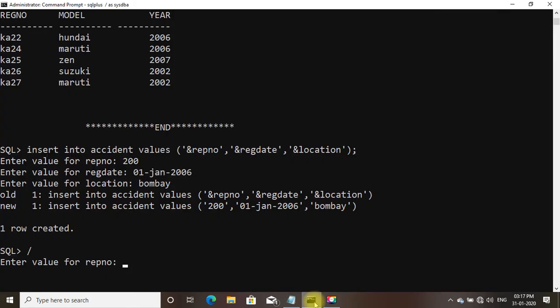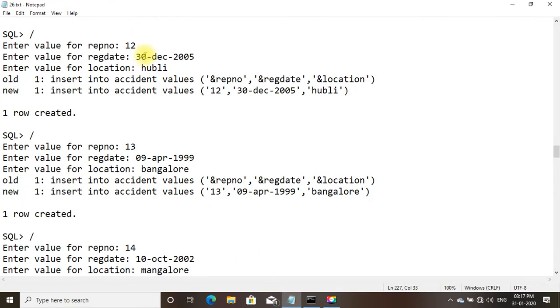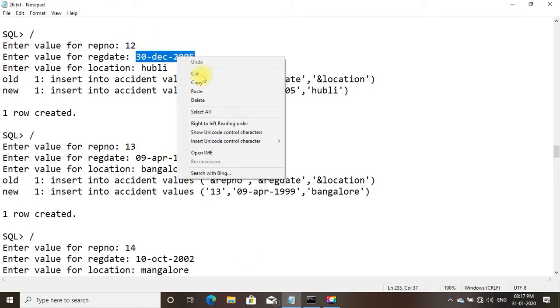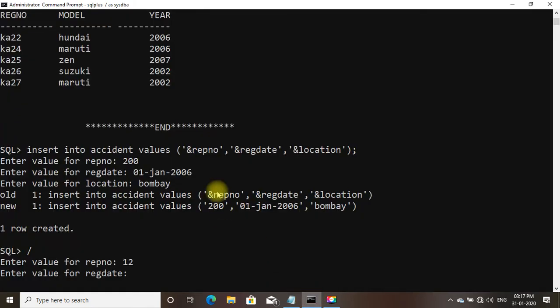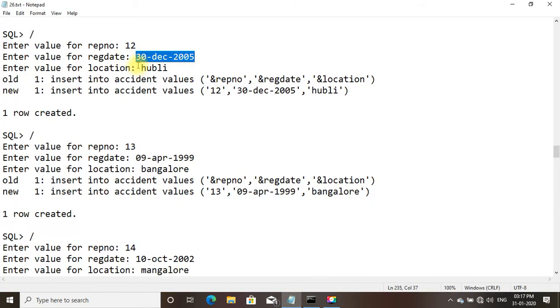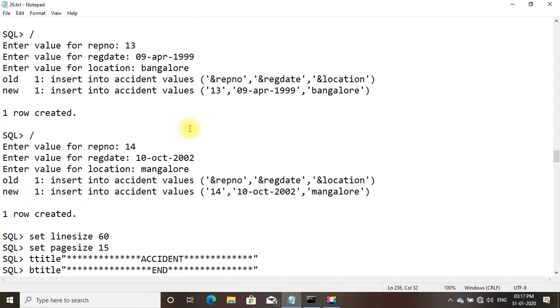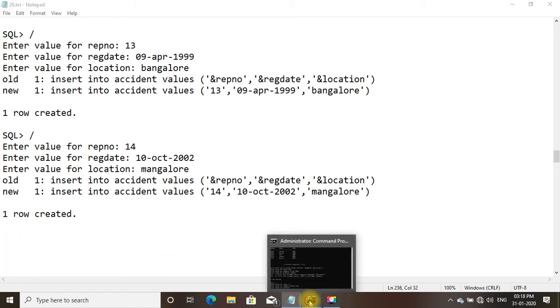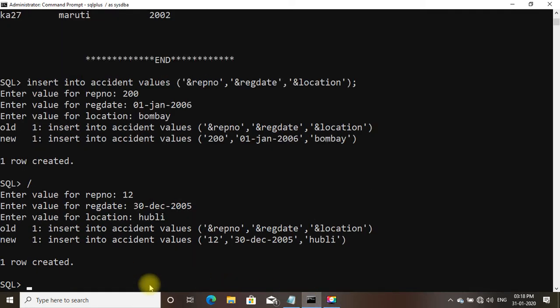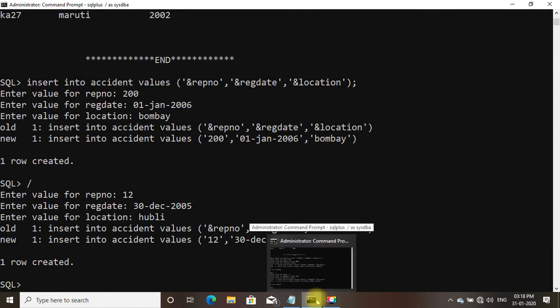Report number is 12. Registration date is 30 December 2005. Location is Hubli. We need to enter one more record.